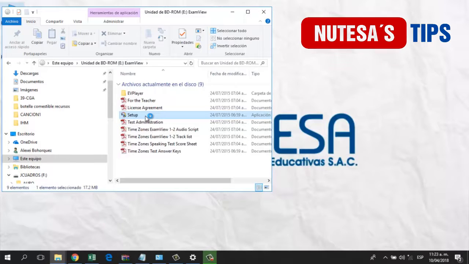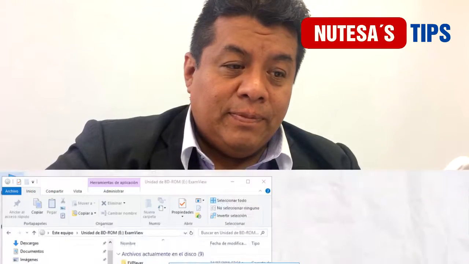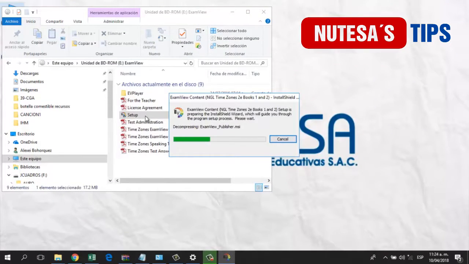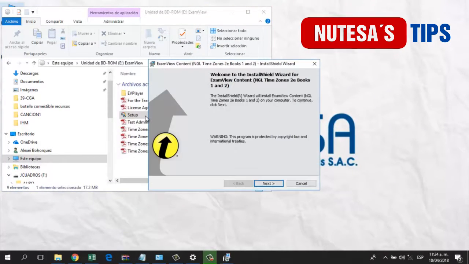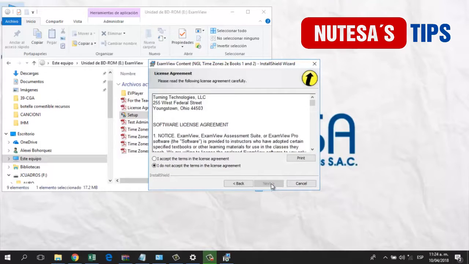And we have to wait for some seconds. We have to allow, obviously, our computer to install the software. And we have to wait until all the files are downloaded into our computer. We have to click on the Next button. We have to accept the license